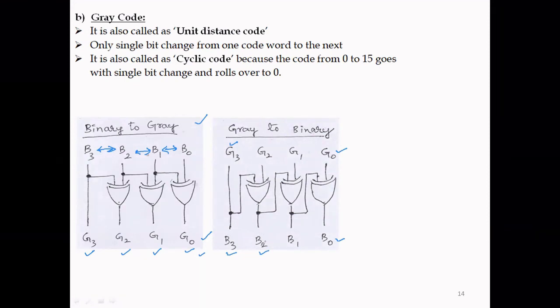This result and the next G1 we XOR to get B1, and this result and the gray bit, the LSB, we take to get B0.